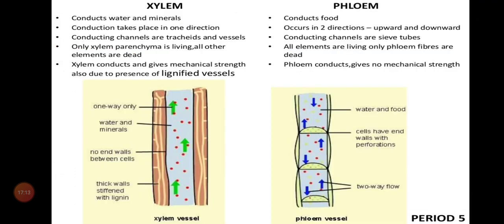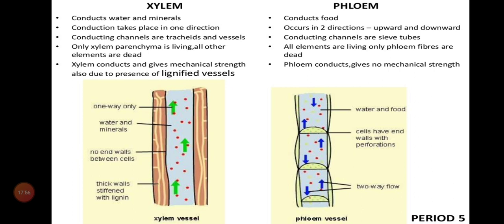And quickly we'll revise the concept once again. So what I drew there, no? Here we'll discuss xylem and phloem and see the difference also. Xylem will conduct water and minerals, whereas phloem will conduct only food items. Phloem conducts in both directions, whereas xylem conducts only in one direction. See, only one arrow mark was given because it goes from root to other parts of the plant. And here it will occur in both directions, from leaf to storage organ and from storage organ again to the tip of the plant. Like that, food items can be transported both upward and downward.